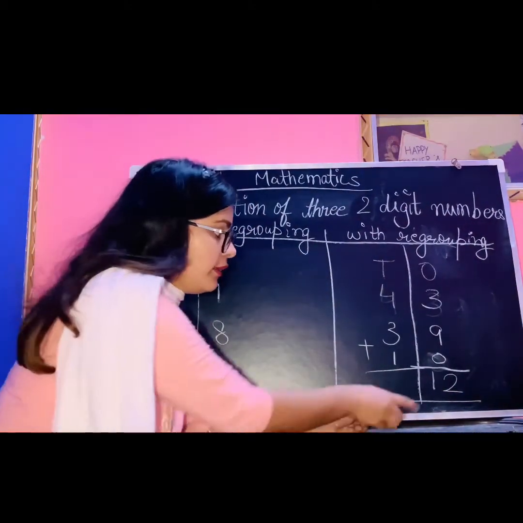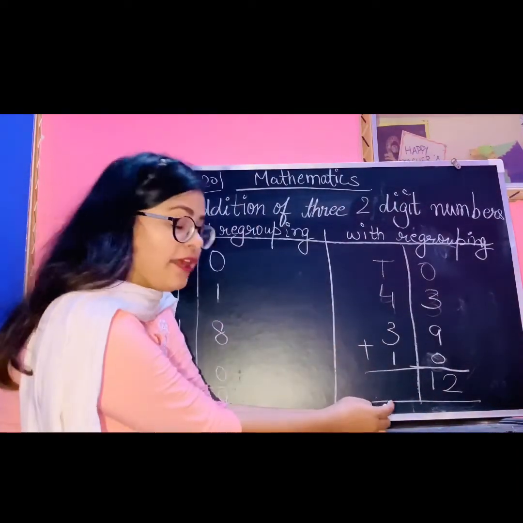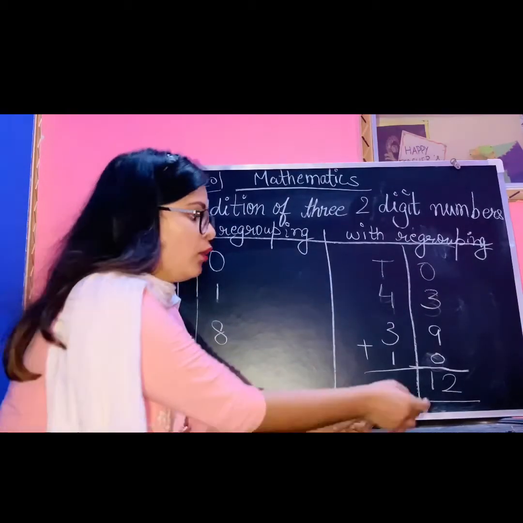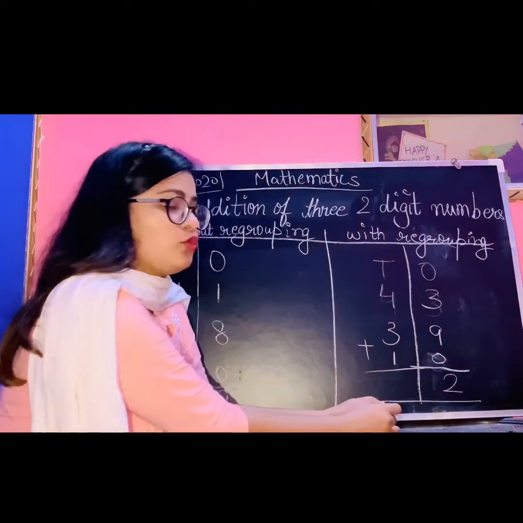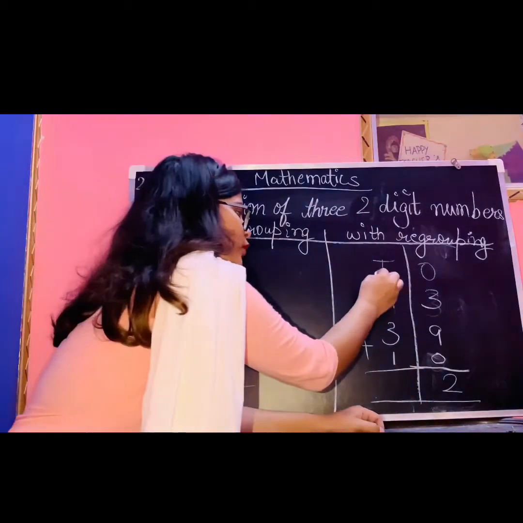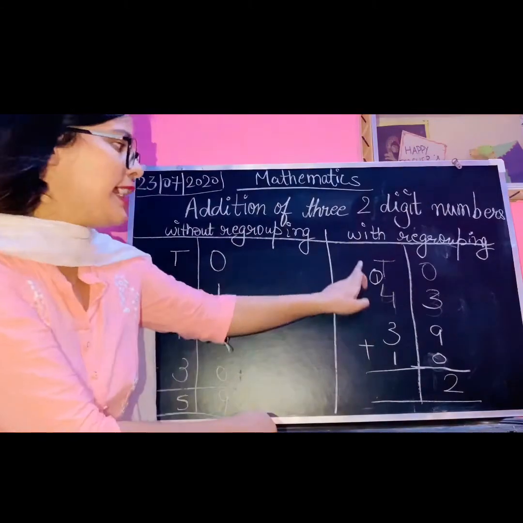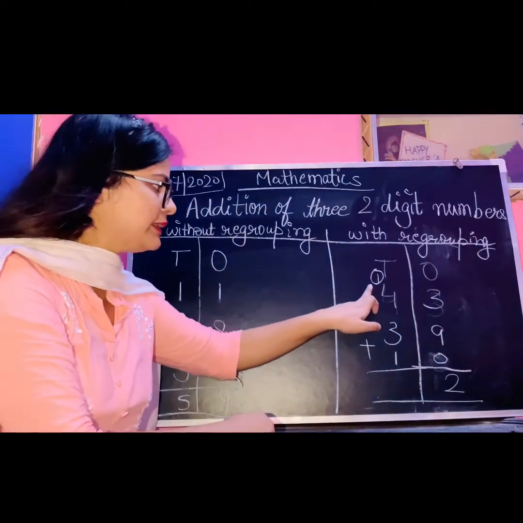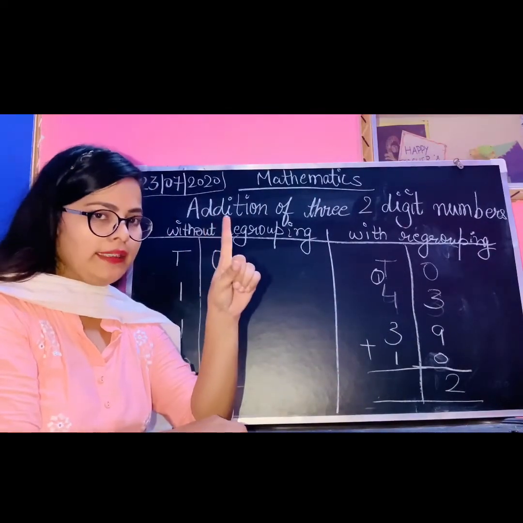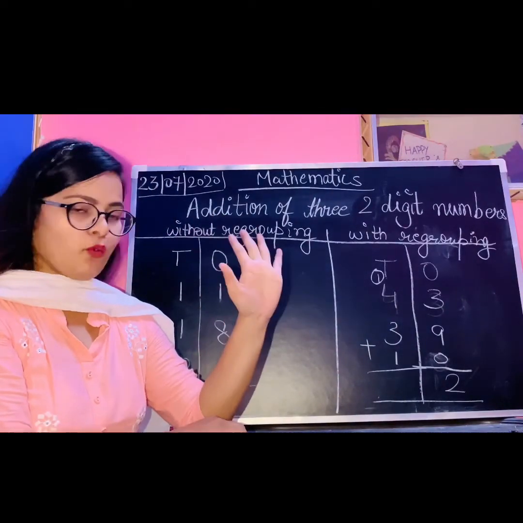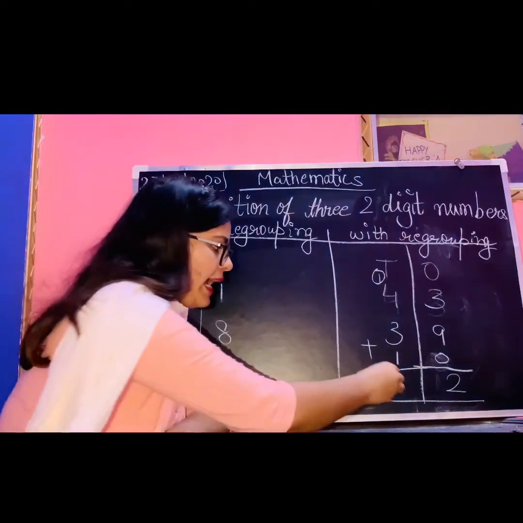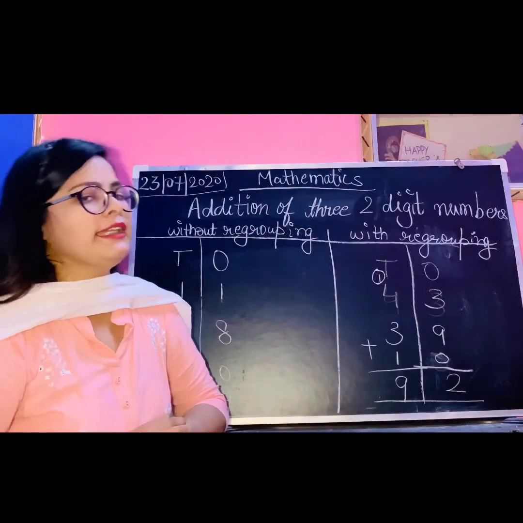But you remember, I cannot write 2 digits here. I have to write only 1 digit. So I will split this number. How? 1 ten and 2 ones. So 2 ones will come here under this ones and 1 ten will go under this tens. Okay. So that means 1 plus 4 plus 3 plus 1 will be 1, 2, 3, 4. 1, 2, 3 and then 1. So total will be 9. Very good. So answer is 92.